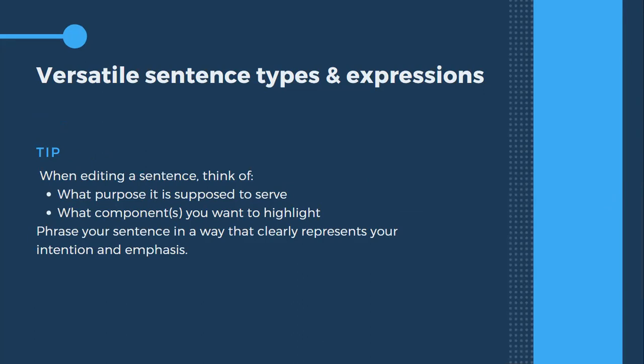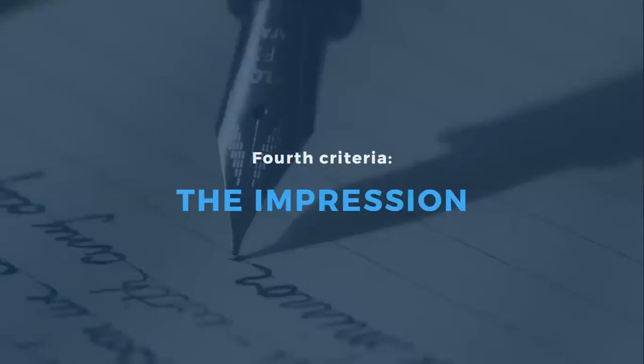if you want to highlight certain components, maybe consider phrasing your sentence in a way that starts with what you want to emphasize, putting it into the main independent clause of that sentence, and all the other information should come in the supplementary clause. So basically you want to phrase your sentence in a way that clearly represents your intention and your emphasis. Now moving on, we have our last criteria, which is the